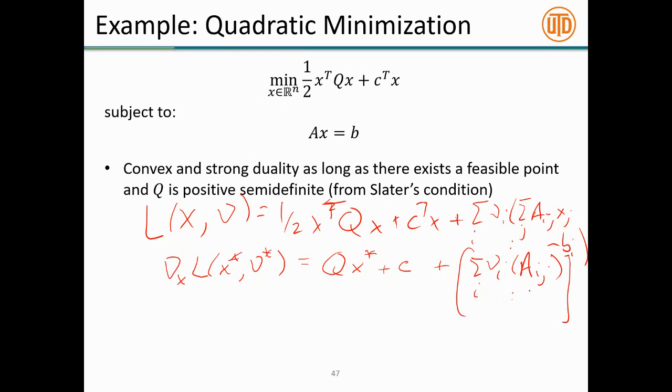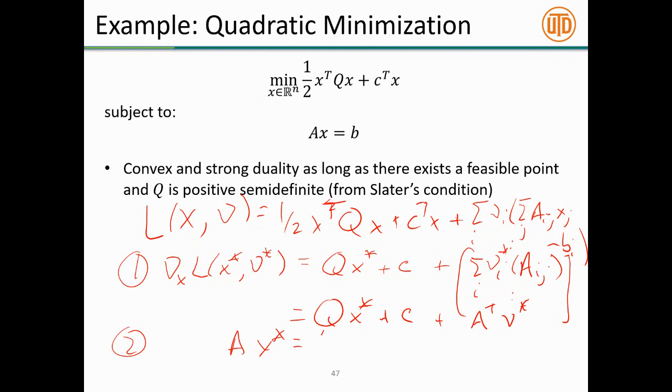This big vector looks like A transpose times nu, right? And I should put a little star here because I'm evaluating at the optimal. So the gradient looks like Q times x star plus c plus nu star times A transpose, right? Because I take nu star to get the jth component, and I multiply it by the jth row of A transpose, which is the jth column of A, is what I get from the partial derivative. So that's the first condition from KKT, and the second condition tells us that at the optimal it should be